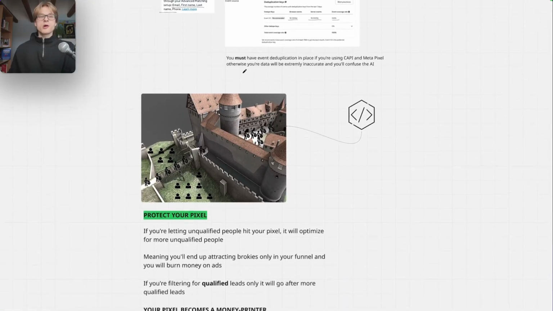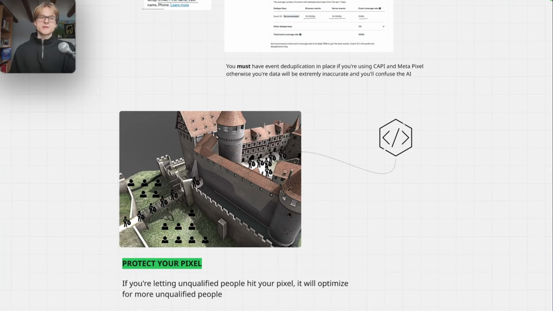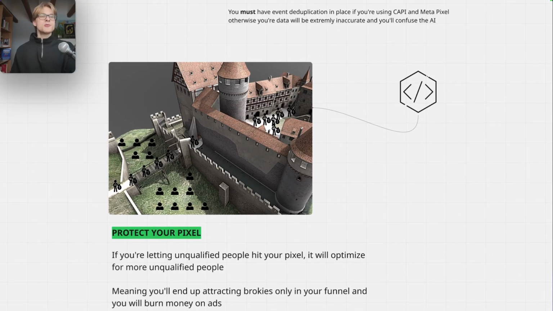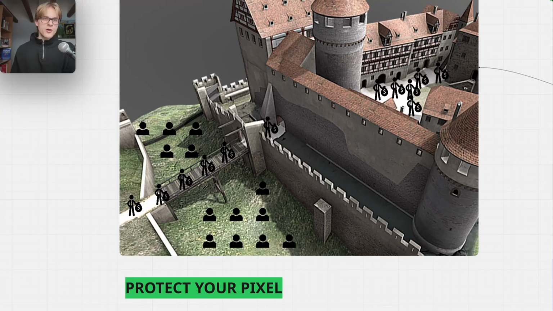Now, I really want you to think of your pixel as a fortress. So your pixel sits here in this fortress, okay, protected by the walls, by the moat over there. And you really want to have a conditional logic or a routing form, a qualification form, which symbolizes your bridge.